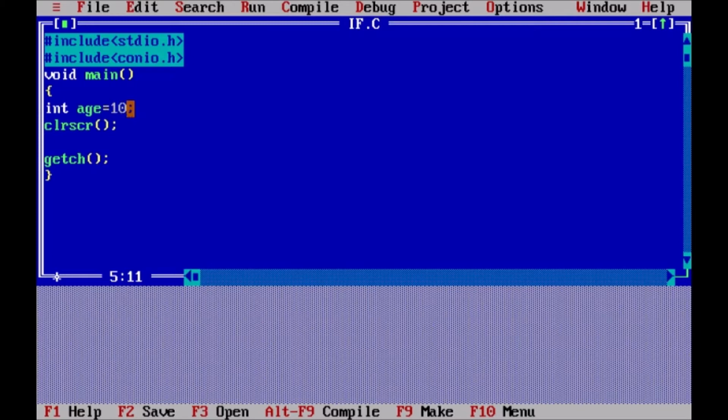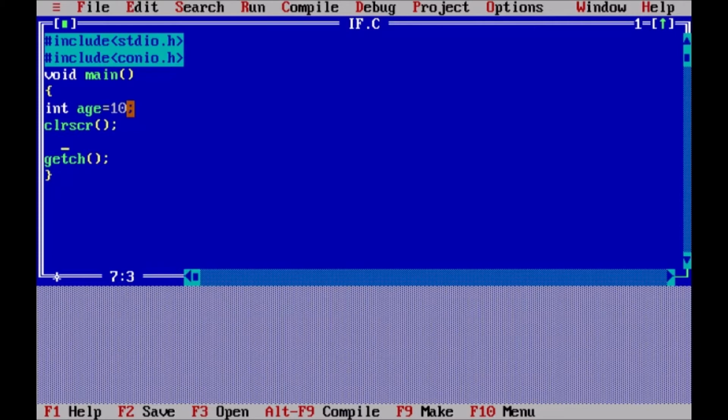Say 10. Now I want to check whether this variable is greater than 18 or not. That means I want to check whether the age is greater than 18 or not. So how will I do it? I can do it with the help of a comparison operator. So I can check in this way, age greater than 18, where the greater than symbol is nothing but the comparison operator.